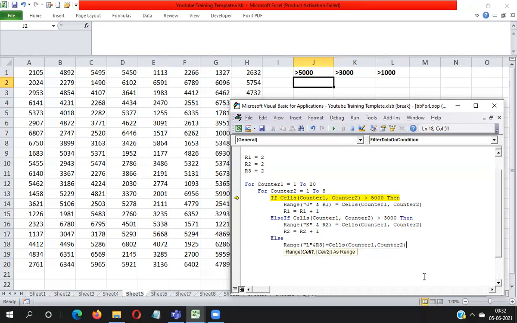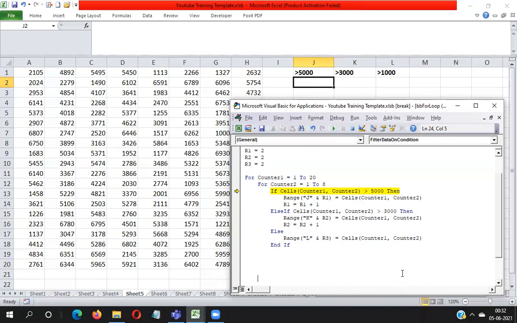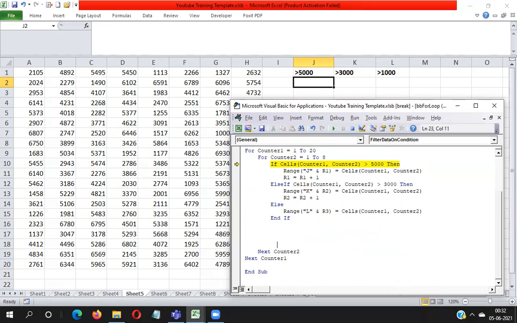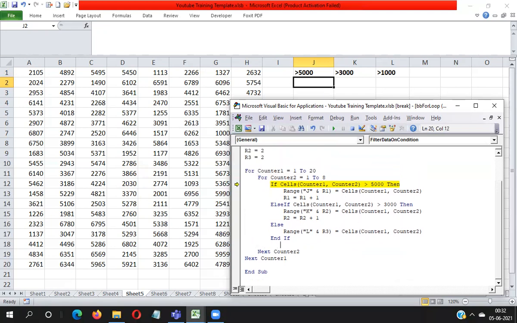Bracket close. I think I have already closed the for loop, so that's why I'm taking it.